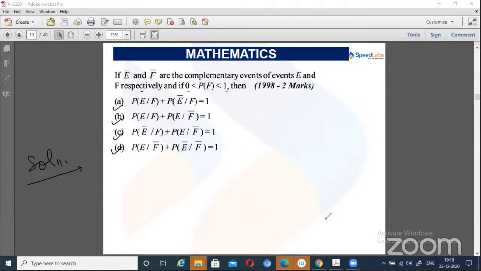Look at the first. Okay, let us see. First one is P of E upon F plus P of E complement upon F. So first probability is chances of happening of E when F has happened, and plus chances of not happening of E when F has happened. This will be equal to 1 because when F has happened, if that is the basis of a probability, then